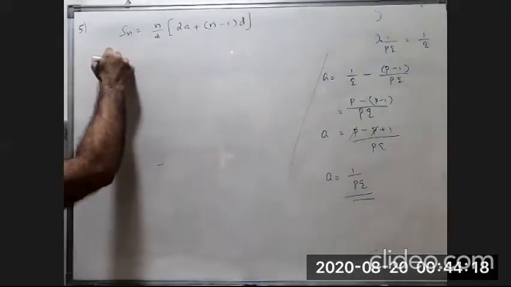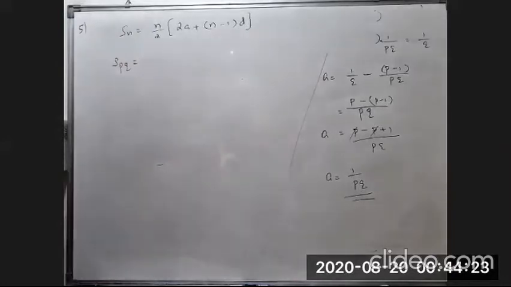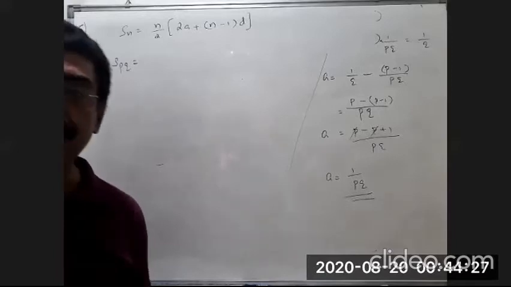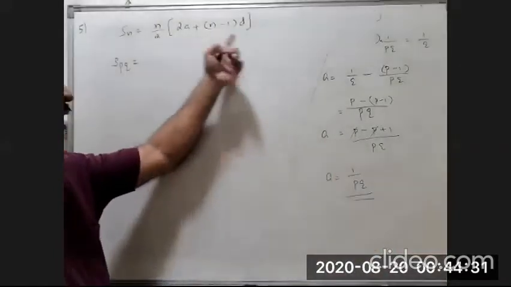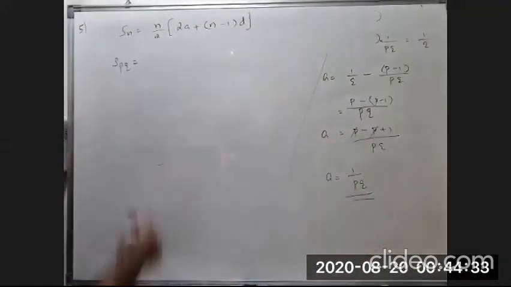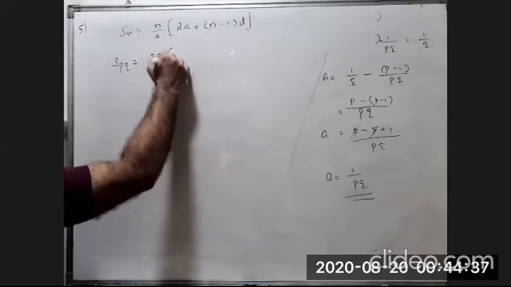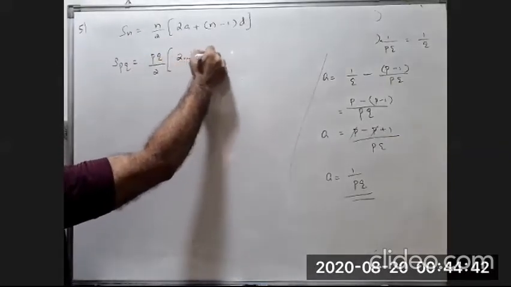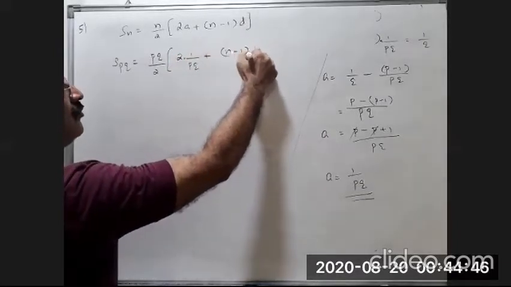Our aim is to find S_pq. So wherever n is there, replace it with pq. A and d we already found. So in place of n, pq by 2, 2a is 1 by pq plus (pq minus 1), d is again 1 by pq,